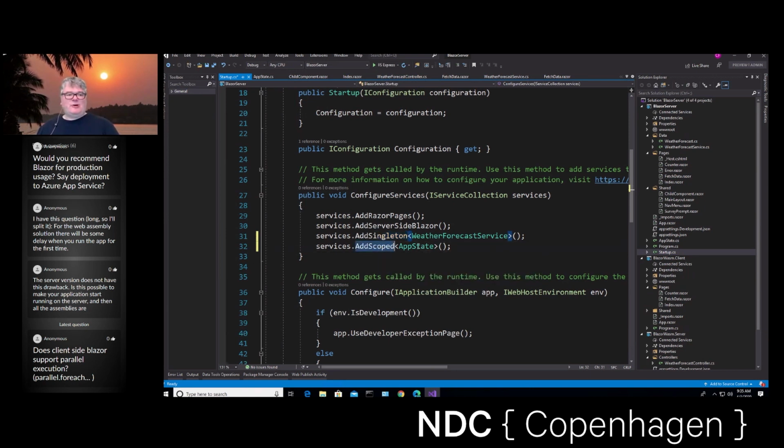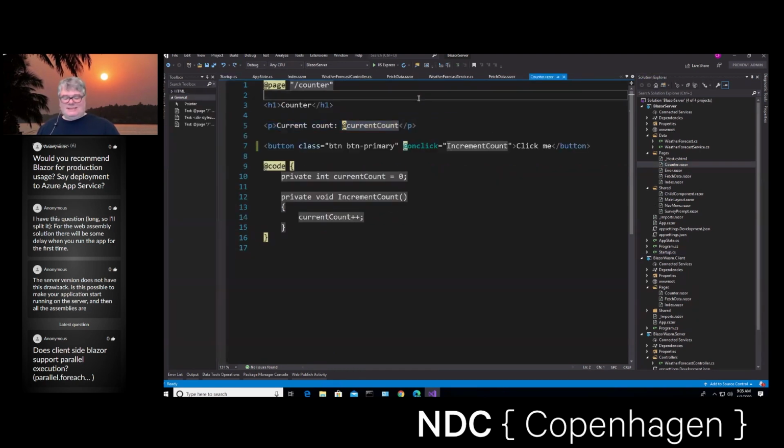That's what scoped is. So when you add scoped, now you're saying I need an instance of app state for every single client. So this actually manages the instantiation part of it. And now you can just inject it where you want it. And whatever that instance is, that's what you get. So I call @inject app state